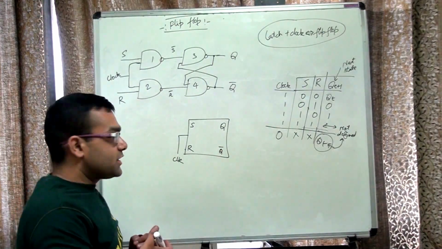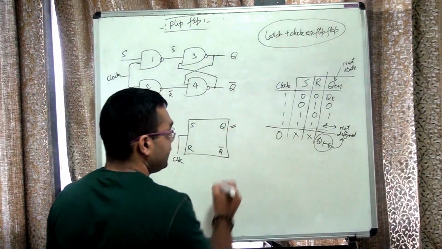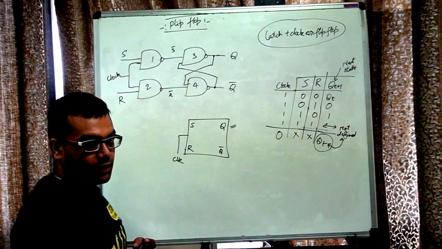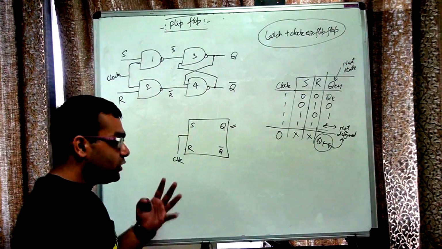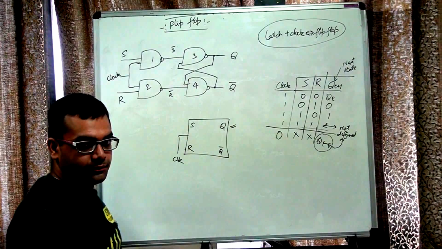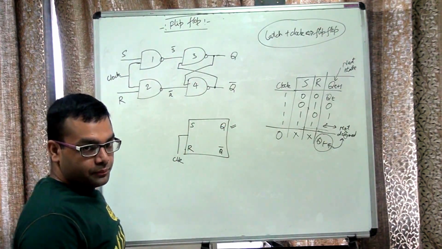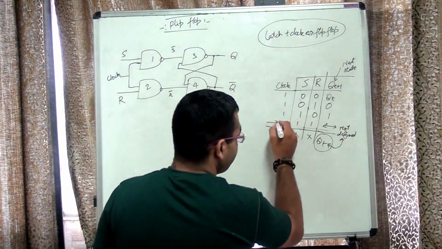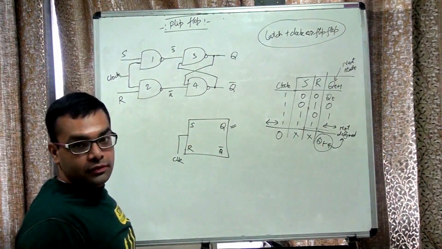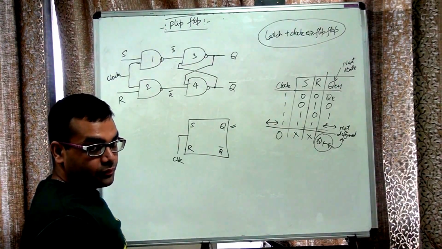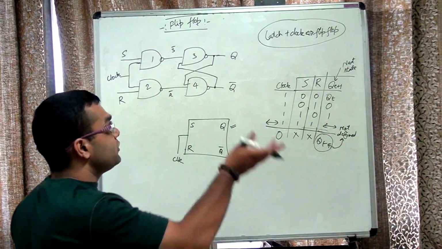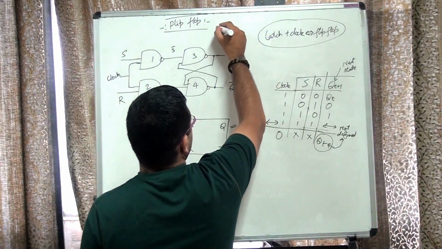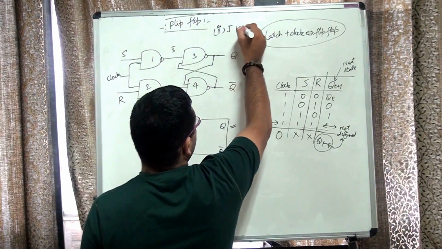In most of the circuits, we take the output of the flip-flop from here. We generally don't take the value of Q bar. That is not used in most cases. Now we have seen a problem in our SR flip-flop, that we have the problem of the forbidden state arising over here. So what is the solution to this? The solution to this was given by another type of flip-flop, that is called the JK flip-flop.